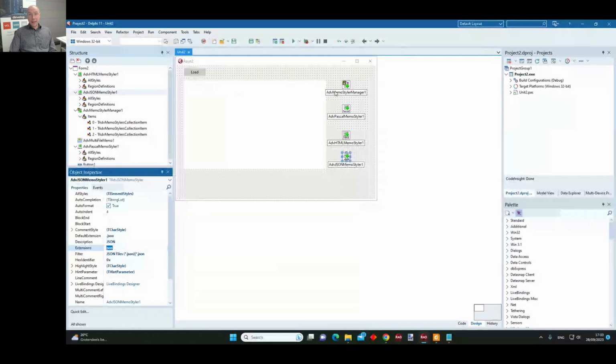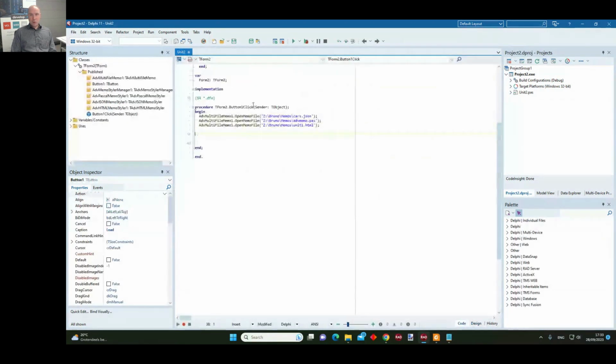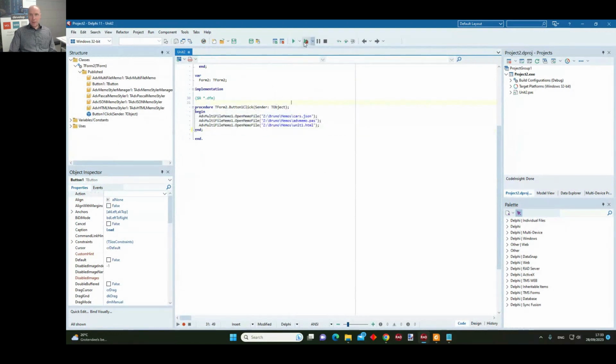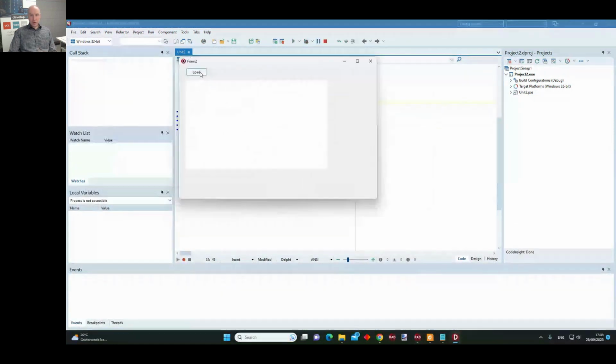So basically, by attaching this styler manager to the multi-file memo, the multi-file memo can find out what styler to apply depending on the file extension that was used for opening a file. So here, the only thing that I have to do is open memo file for this multi-file memo control. And as you will see, the component will by itself find out what styler to use.